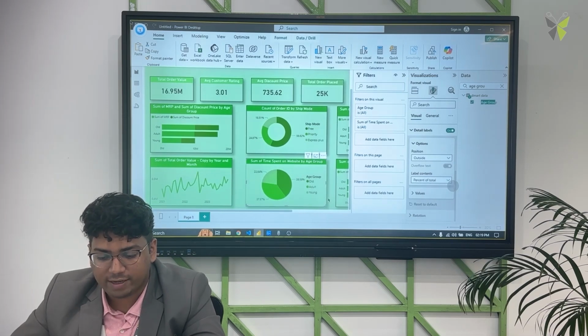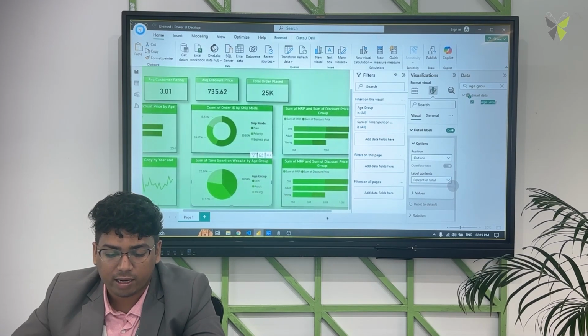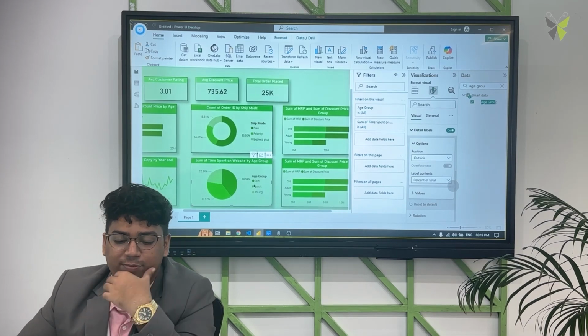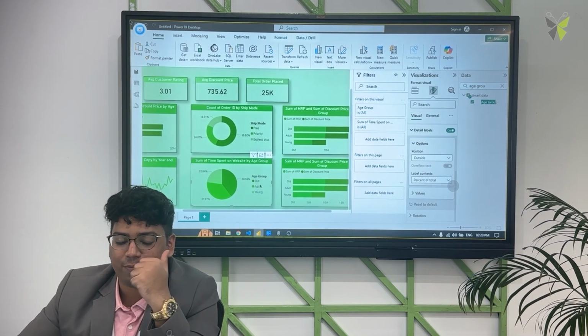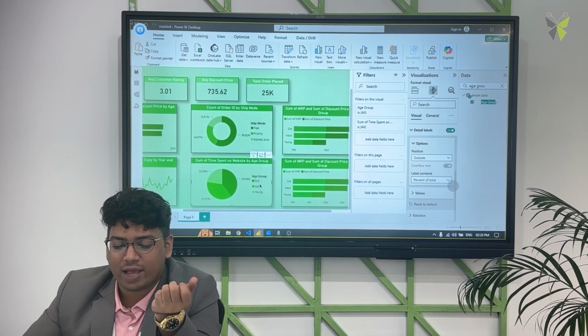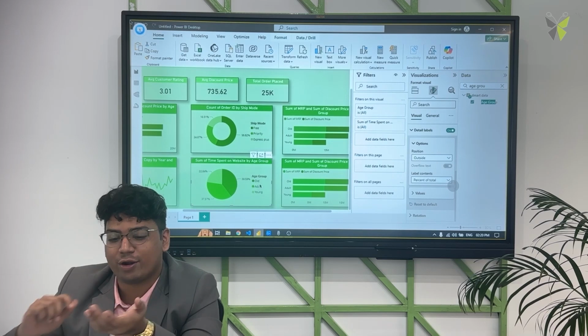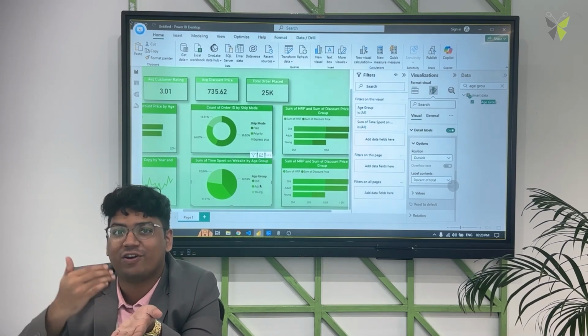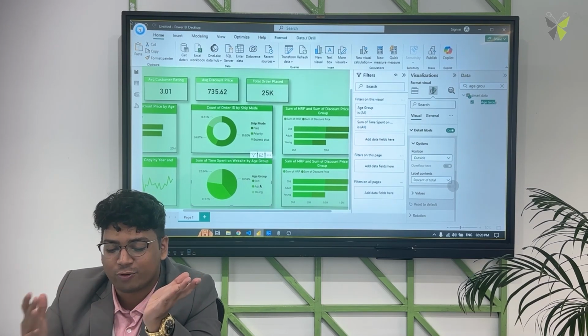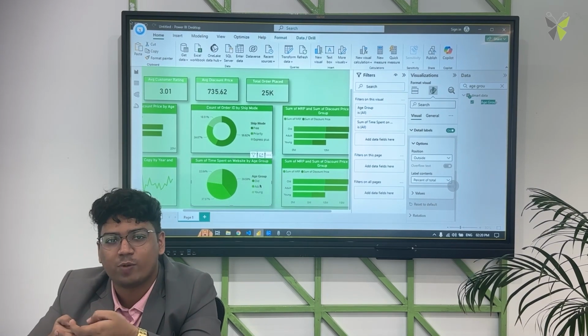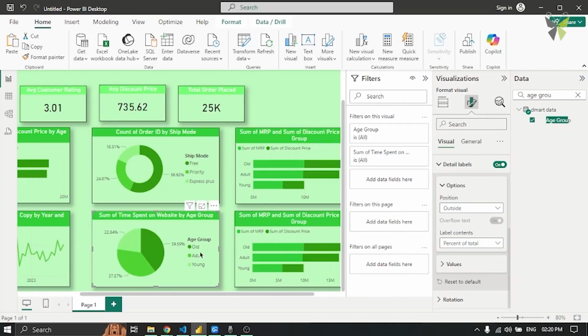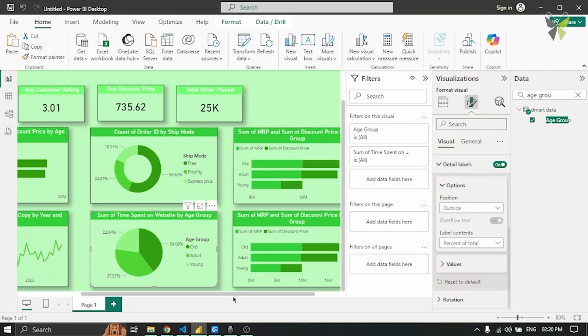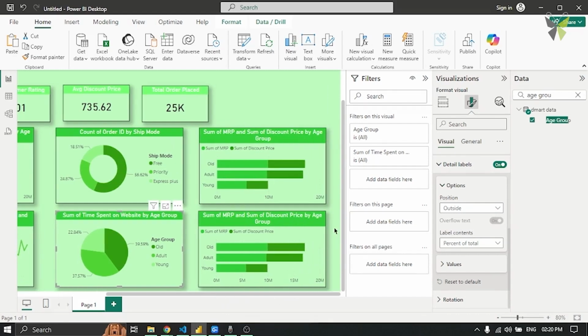Okay, so a lot of time is getting spent by the old age group, which was a bit surprising, right? How are old people spending a lot of time on our website? Old people are not techie, so why might it be that old people require a lot of time to place an order? It's a bit tougher for them to place an order compared to the younger group, because for example, if we go on Zomato, we go on Zepto, we try to complete our purchase order a bit faster comparatively to our old age group, but it is just my speculation, right? I don't know, just my speculation.